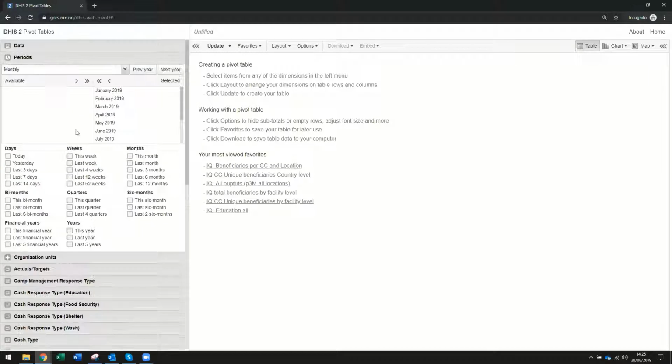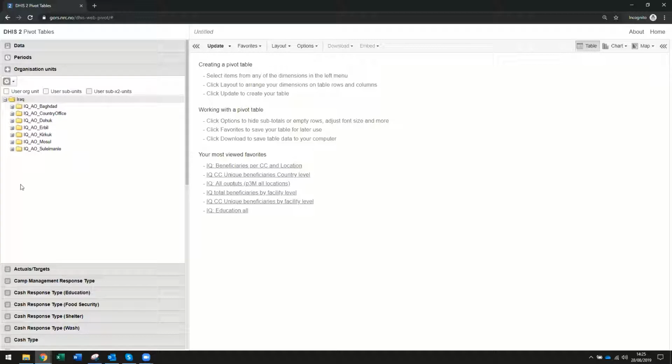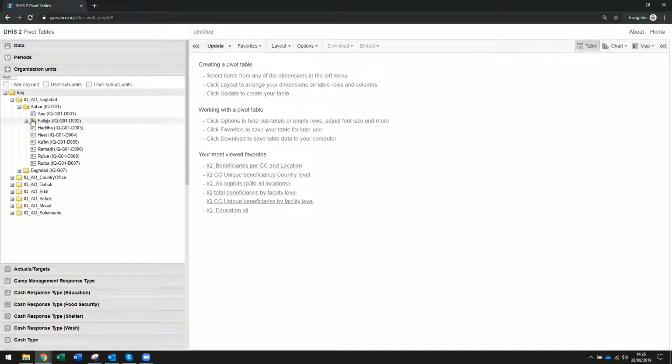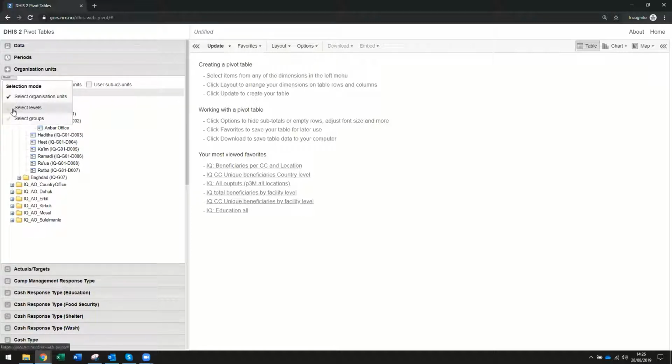This is mandatory. We need to choose the dates, sorry. And we need to choose the organization unit. So if I want to check my data for the country office, I can select the country office. If I want to choose specific offices, I can select those, but I need to select until the word office appears here. Or I can use my preferred one: we click on this setting symbol, we put select